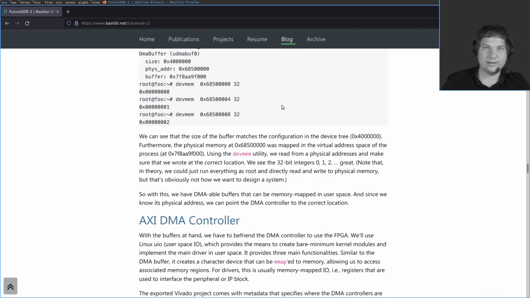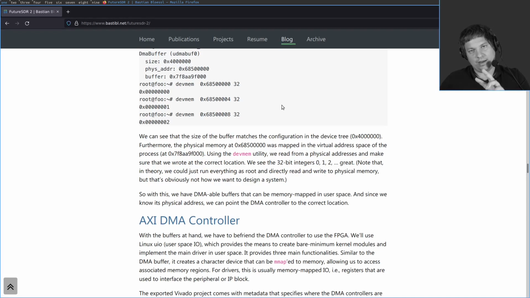So that means the DMA engines instantiated on the FPGA, I don't interface them through the Xilinx DMA driver, but I tell it through the device tree, hey, use the generic user space IO driver for it. And then in user space, everything I want to do there is set some registers that are mapped to some physical addresses, but I don't know the physical addresses in my user space process.